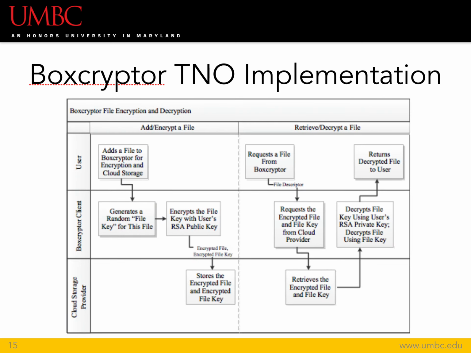In the Boxcryptor scenario, which is kind of like a competitor to Dropbox where everything is encrypted, it's very similar to SpiderOak. The user is not going to be able to remember every possible file key that they have for every possible file that they want to upload, right? This is going to have a client that maintains some memory that the user is never going to have in